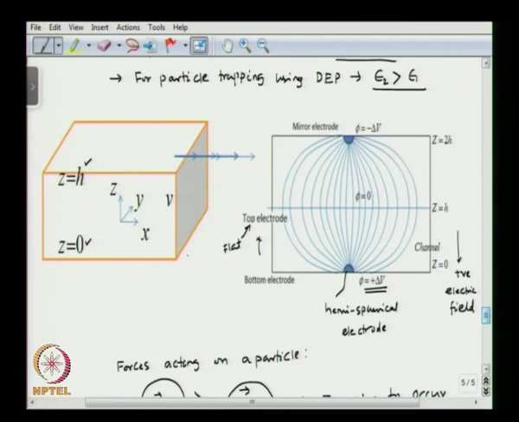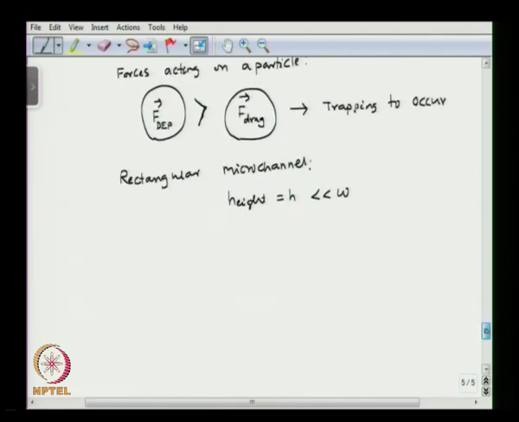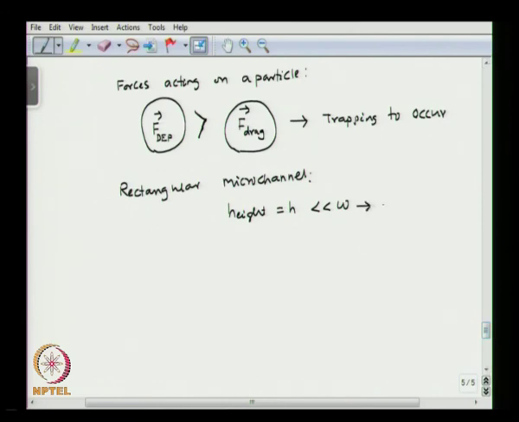So this is H, and this is W. We say that H is less than W, so it is almost a parallel plate flow situation. This is the parallel plate case,